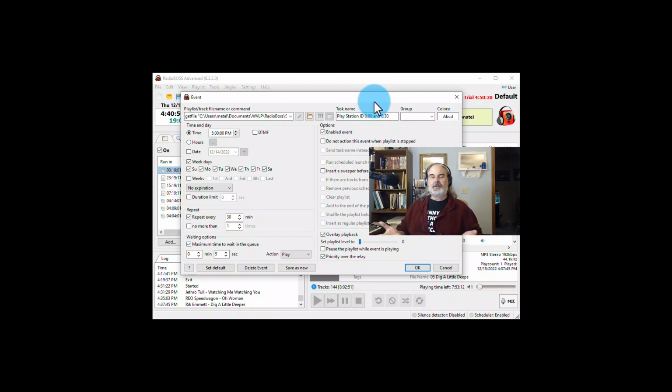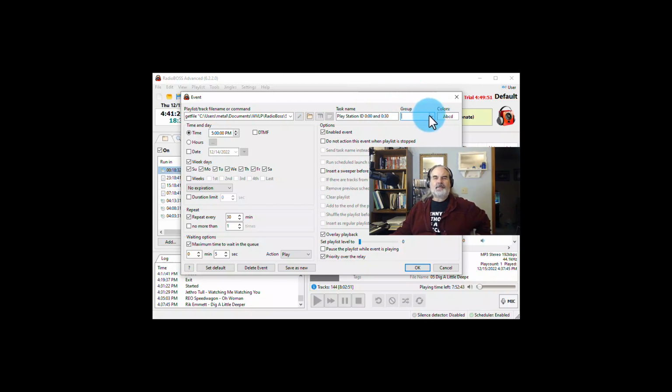So you may end up with a station ID in the middle of a song, but that's fine. It's automated programming, and it's better than waiting for a song to finish if it has several minutes left to go. You could also pause the playlist, but that would be kind of abrupt, perhaps. And then if you've created a playlist to be 8 hours and you pause it, you know, the station ID is supposedly very, very short, but you have adjusted the overall timing of the playlist, and yeah, maybe that's not